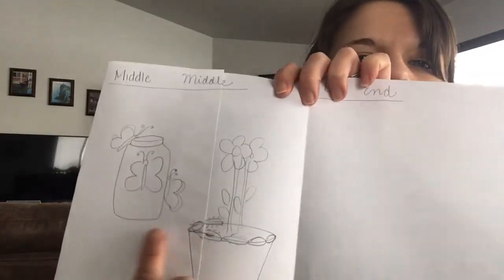And then you need to get your fuzzy little caterpillars marching around the outside in a circle. Wouldn't that be funny to just see them doing that for days on end? So I'm just putting little ovals around the flower pot. You can see that. And then our sentence for this part could say something as simple as